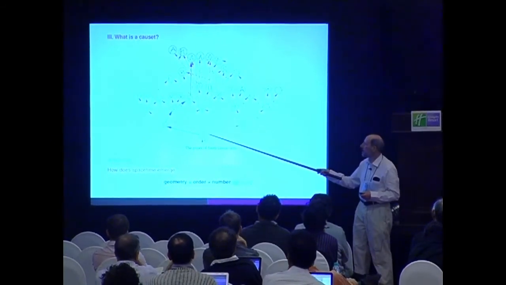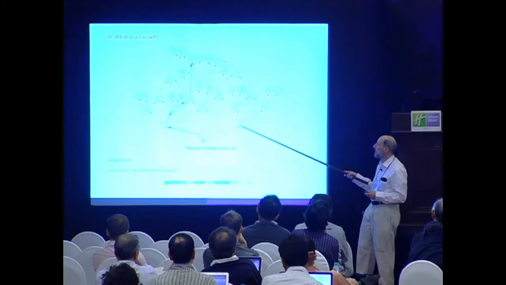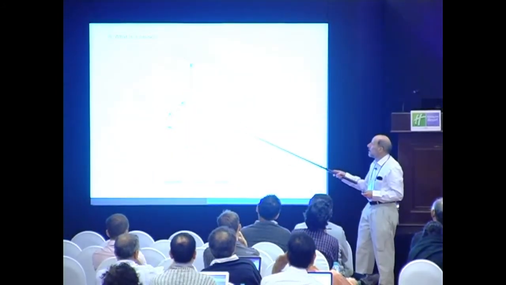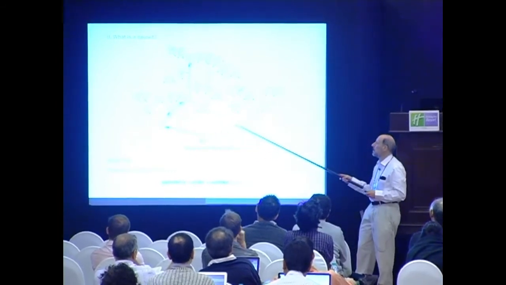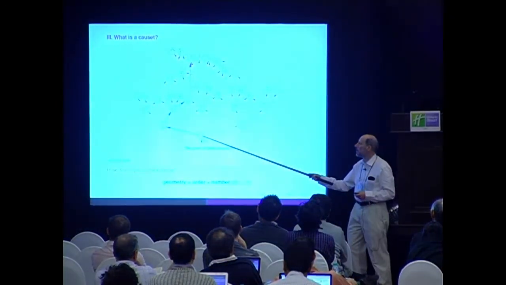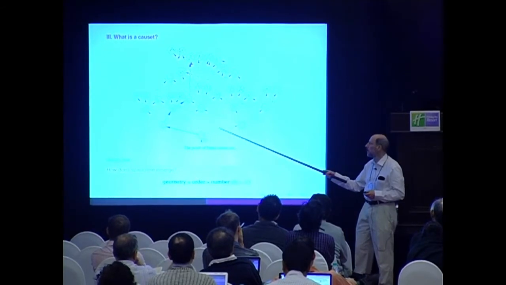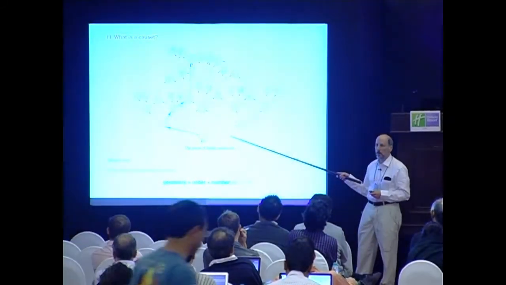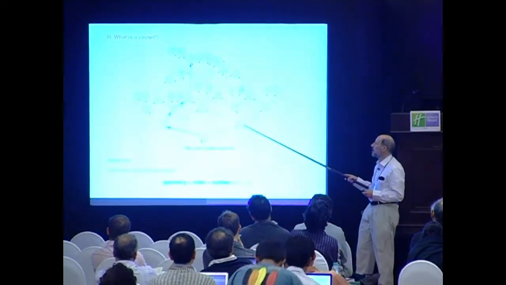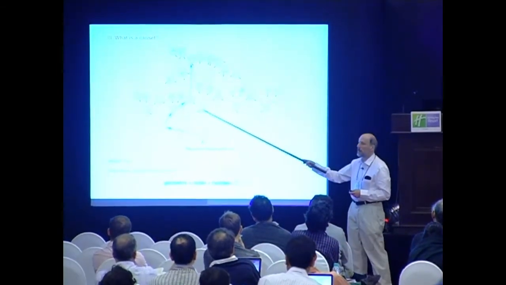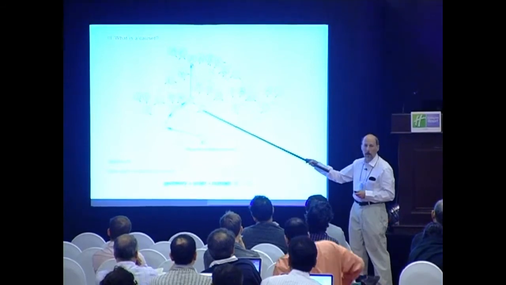That is, some elements are to the past of other elements, like these two. This is to the past of this. You can also think of this as being an ancestor of this. It's another way of referring to the same relation, but it's this fundamental temporal relation that defines the structure of the causal set. And it's transitive, so if this is to the past of this, and this one is to the past of this one, then of course this one is to the past of this one.